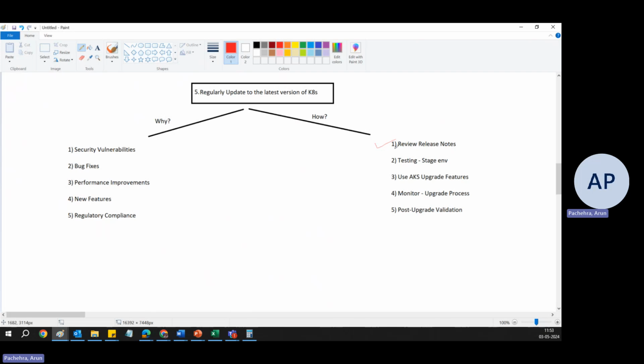Then, of course, once you are aware of the release notes, you know the things that you are going to change in your AKS. So what you gotta do? You want to test it in your staging environment. You don't want to put it in the production because you don't know how your application is going to react. So deploy the new Kubernetes version in a staging environment that mirrors your production environment as closely as possible. So test the behavior of your critical applications on the updated version to ensure there are no compatibility issues or